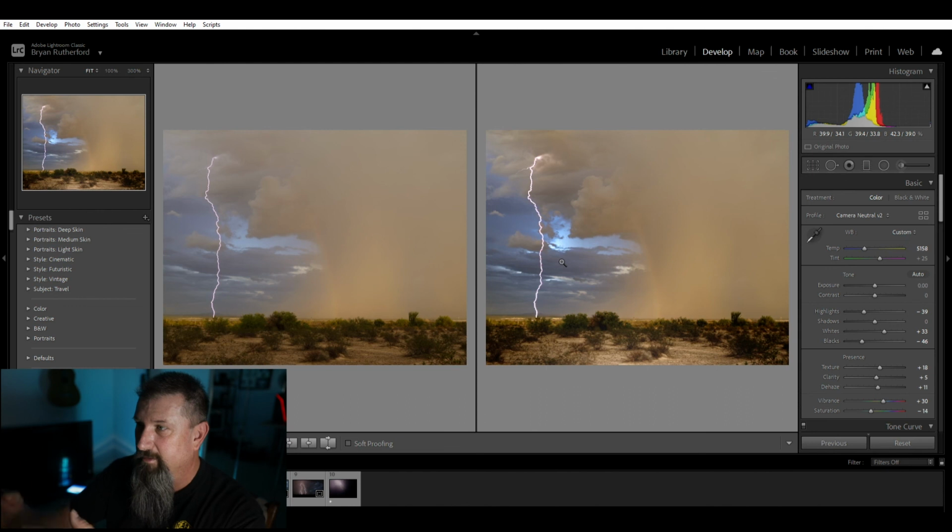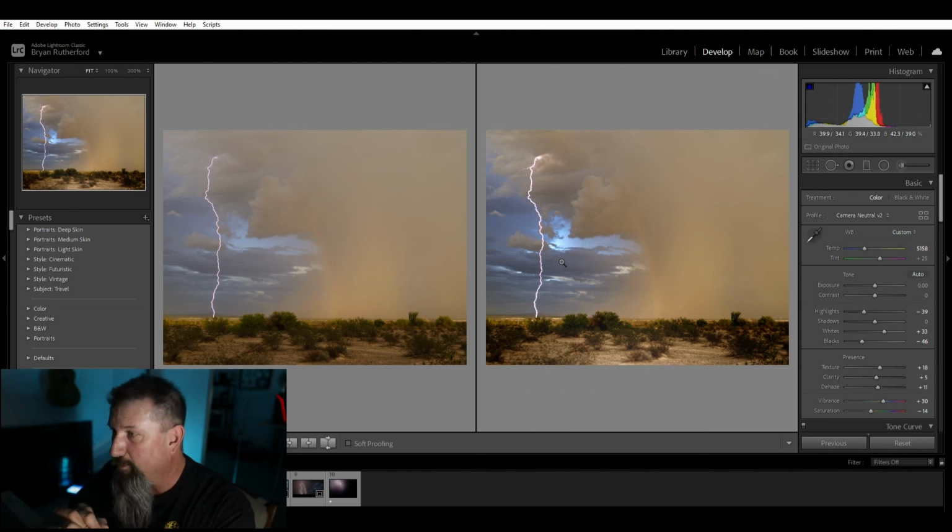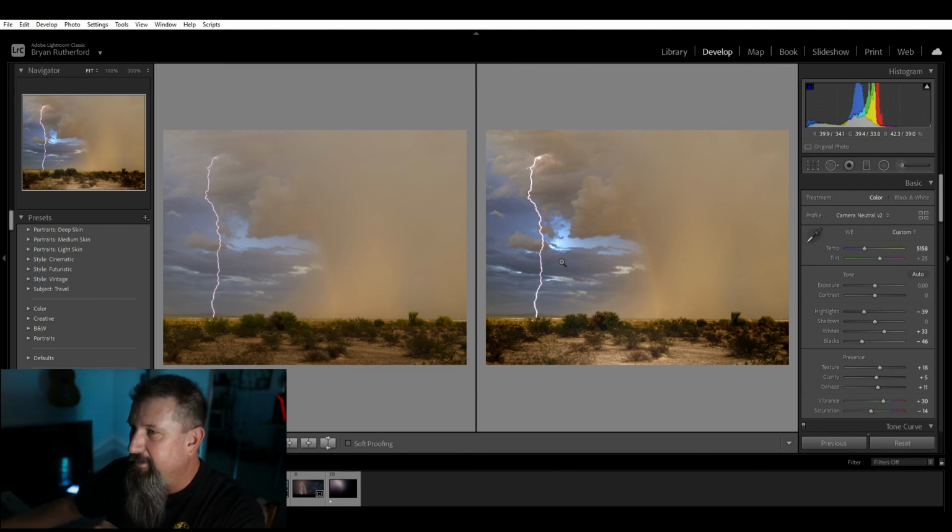enhanced, if you see the lightning bolt, I really made that lightning bolt pop quite a bit, especially against the darker background. It just really separates it and makes it look real nice. There isn't a whole lot of change over in here, with the rain foot and the dust that's coming out. I even think the saturation of the rainbow went down a little bit, maybe. Kind of hard to tell, but